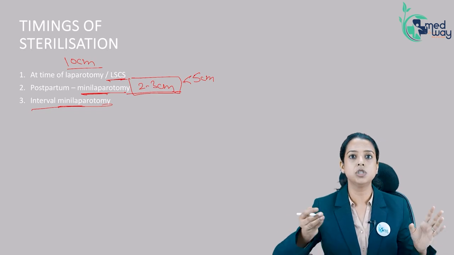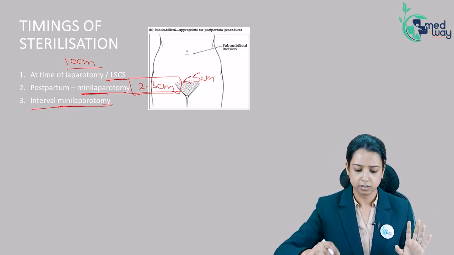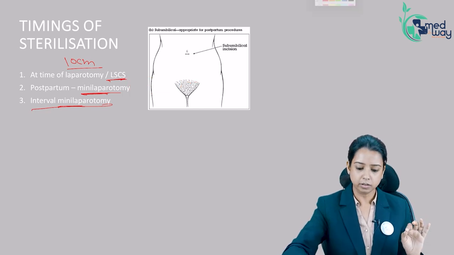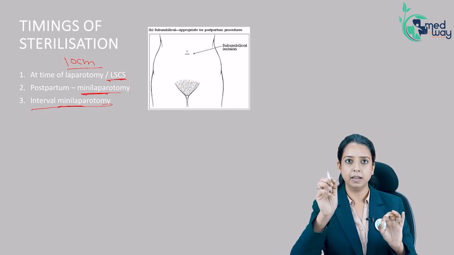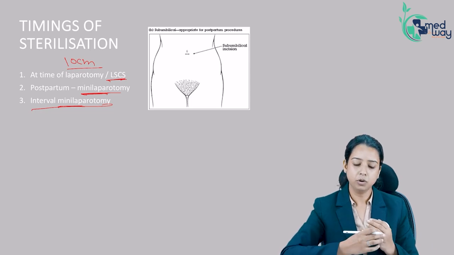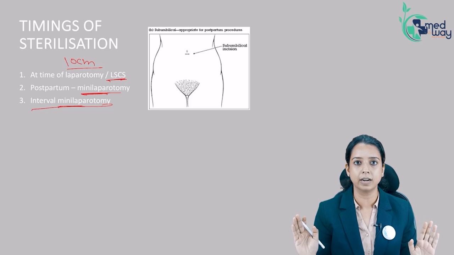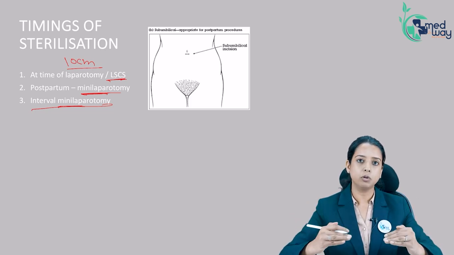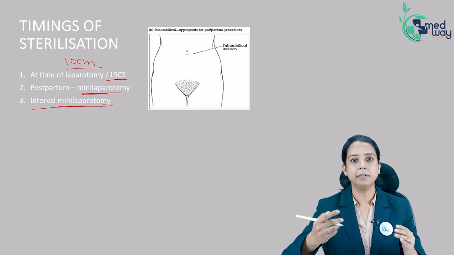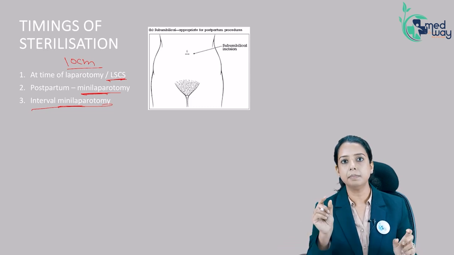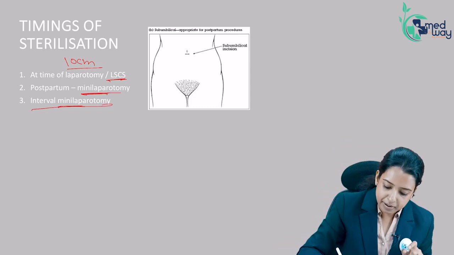Postpartum, a lady who has just delivered, her uterus is enlarged, right? She has got a large uterus. So where will the incision be? When a woman has just delivered, her uterus will lie at the level of the umbilicus, that is the postpartum uterine size, and then it keeps on decreasing in size by 1 finger breadth. So where will the mini lap incision be? It will be below the umbilicus.